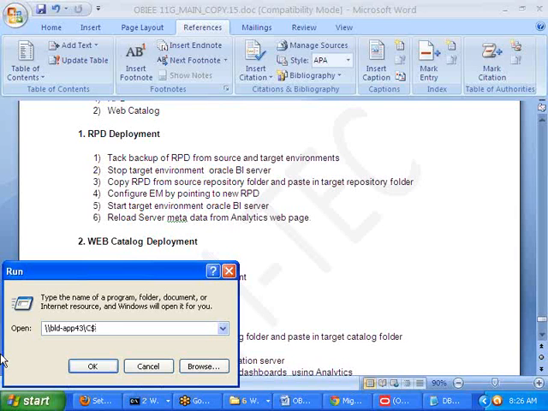To connect from one server to another server, we'll use network path. For example, start, run, \\BLD-APP43